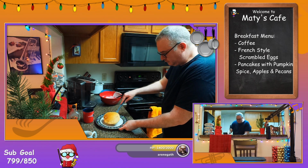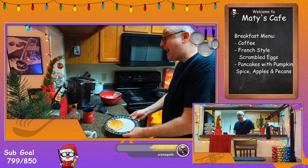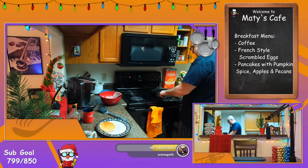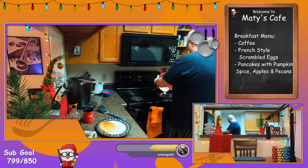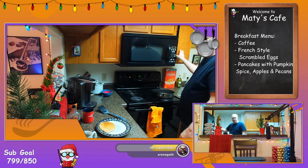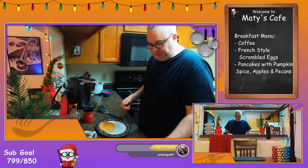a beautiful first pancake. Look how beautiful that is. It's our first pancake. Now, again, I like my pancakes a little bit thinner. Thinner pancakes are easier to make. If you want a thick pancake, then you've got to worry about it cooking all the way through. Beautimous. Yeah, if you go with too thick of a pancake,